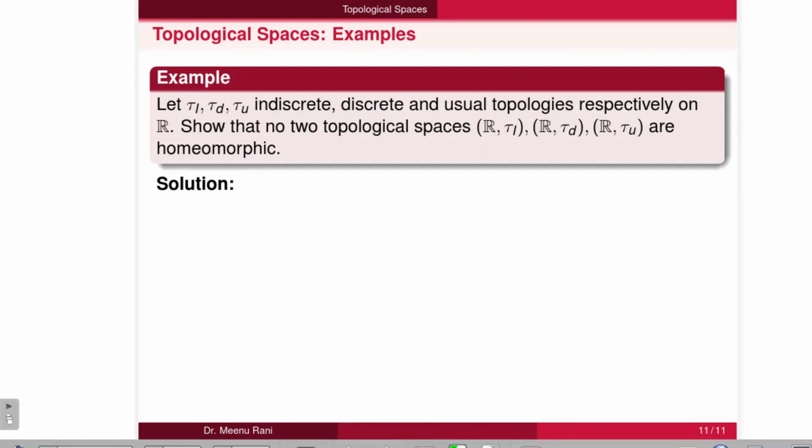Further, we have one example. Tau I represents the indiscrete topology, tau D is the discrete topology, and tau U is the usual topology on the set of real numbers. Then show that no two of these topological spaces, the indiscrete, discrete, and usual topological spaces, are homeomorphic.